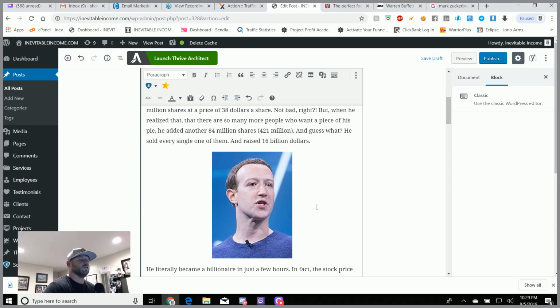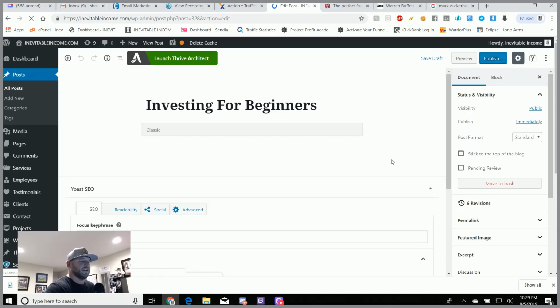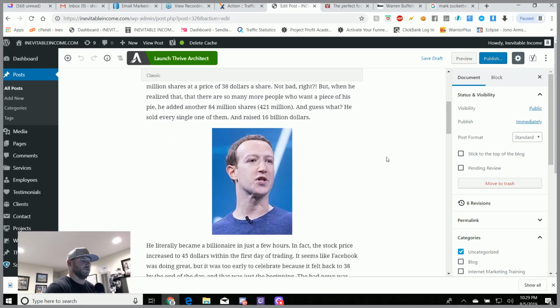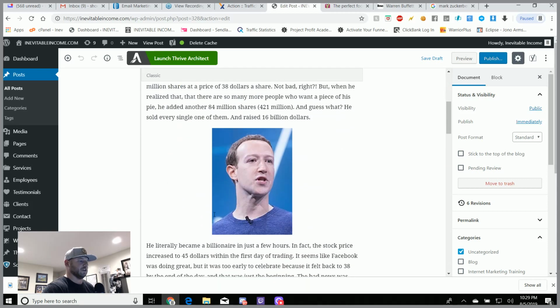And there it is. Let's save the draft, and let's refresh the page. Again, this isn't perfect. This is just for training purposes. I'm trying to show you how to use Yoast SEO. So basically, when you have your article, you're talking about Mark Zuckerberg. You have an article here about Mark Zuckerberg. Within the article, when you publish it, I'll be able to click the